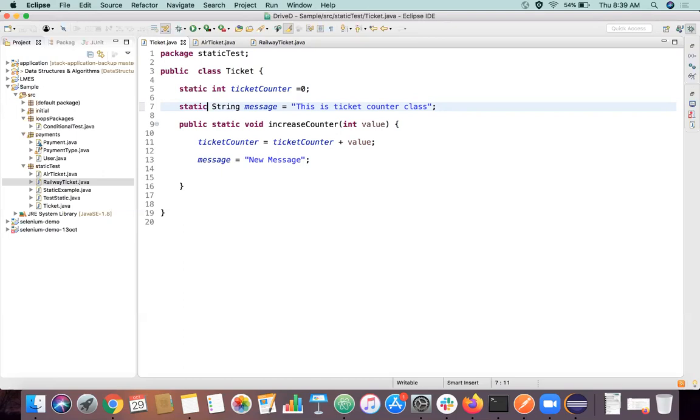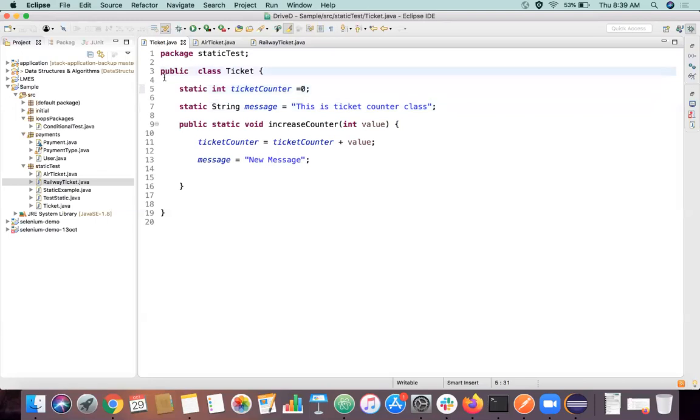No, the static keyword is like, see, every time you want to access a variable or method, you have to create an object for that class, right? And every time creating an object is not purposeful in certain conditions like this, right? Why have to access this counter by creating an object? Anyway, I know this value is going to be accessed by many objects, different class objects, and why have to go and create a new object for ticket also?